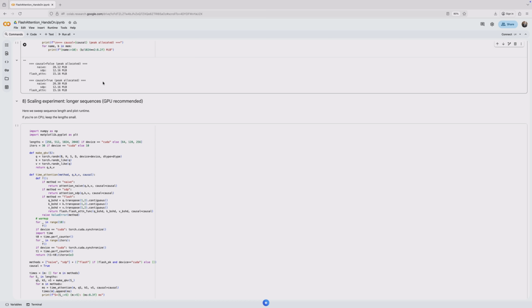You might notice that SDPA is using even less memory than FlashAttention in this particular run. That can happen, and it is not a contradiction. PyTorch SDPA is not a single implementation. It is a dispatcher. Depending on the GPU, D-type, and shapes, it can pick a memory-efficient kernel or a fused backend that is extremely optimized. In our environment, SDPA is very likely selecting an especially memory-efficient backend, which is why it beats FlashAttention on this